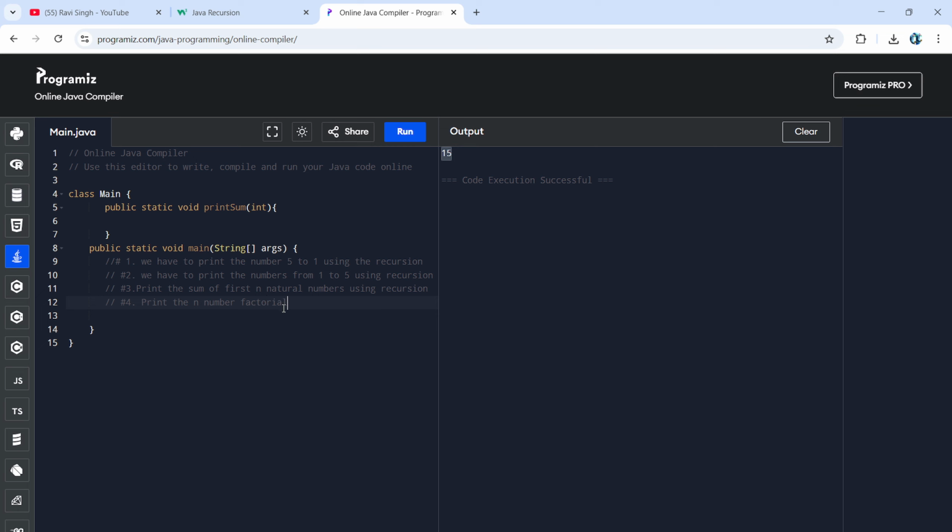So what we have to do, we have to initialize a parameter. Yeah, we are taking n as a parameter, so we have to initialize a base case. So what is the base case in this condition? I guess, mm, let's think. What is the base case? We have to print our